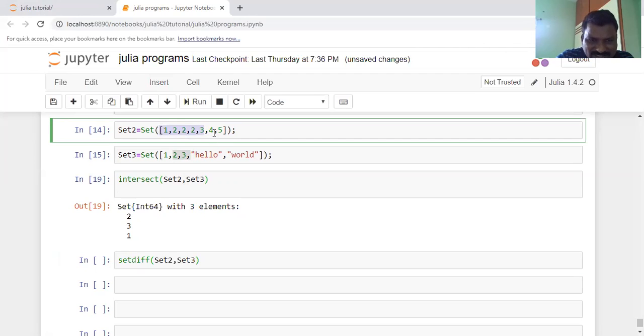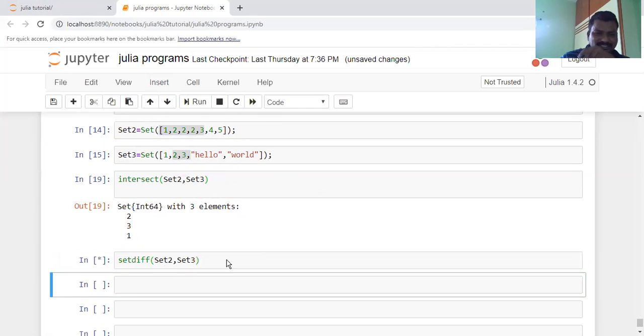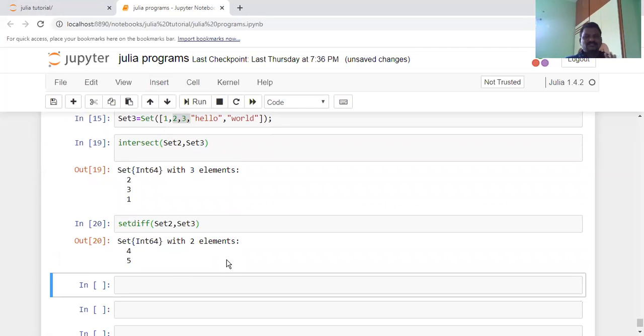And then the difference here is a minus b. For example, a set and then b set. Here 4 comma 5 are the elements, that means it will display the 4 element and then it will remove the set 3 values. That means the answer here is 4 and 5. Here the answer is 4 and 5 only. That is the difference, a minus b.